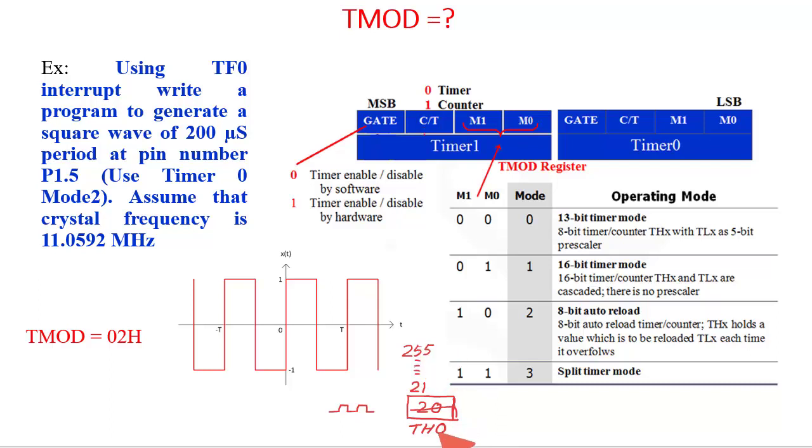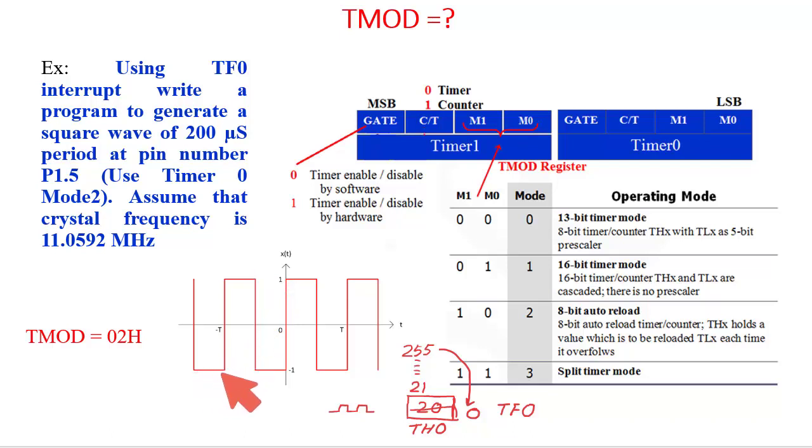When the value of TH0 reaches 255, it will roll back to 0 again. When it rolls back to 0, this timer overflow flag will be logic 1. When this timer overflow flag is logic 1, we will use this bit as an interrupt and change the status of the output. Means if the output was logic 0, when this TF0 becomes logic 1, at that moment the output bit will be logic 1, and we will write the program that way.